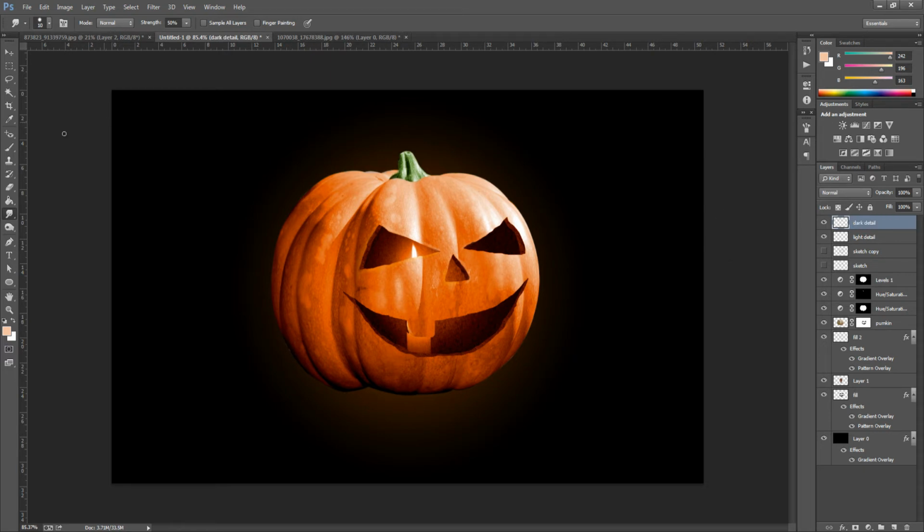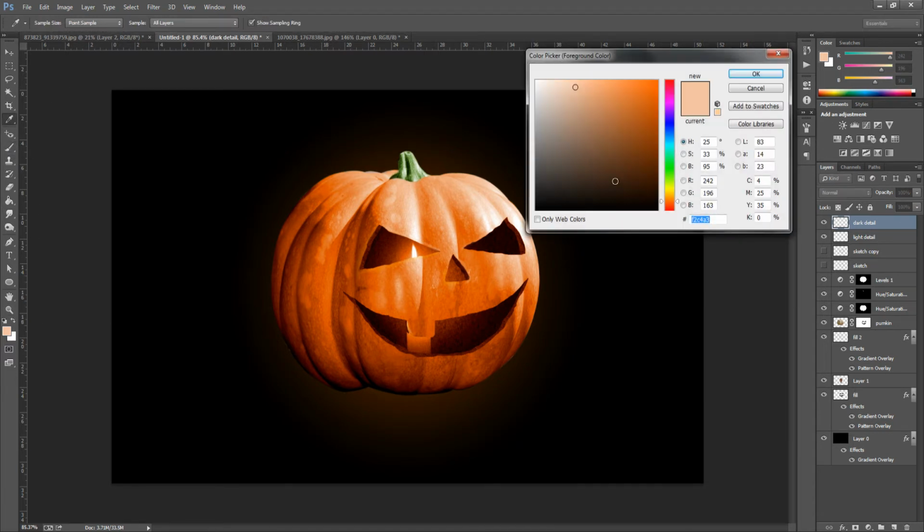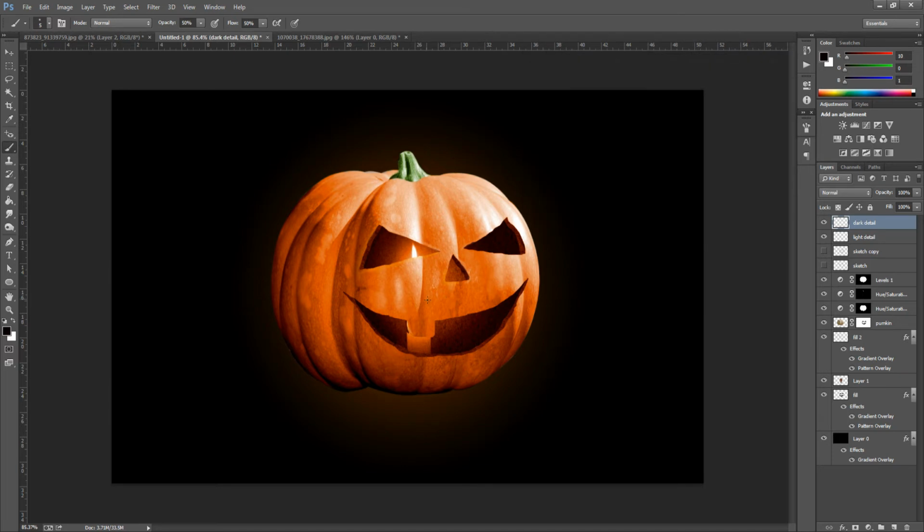And we're going to go back to the brush tool. We're going to keep with 5 pixels for the brush. We're going to change to a really dark brown. The code for this one is going to be 0A0001. Obviously you can pause it, and then click OK.